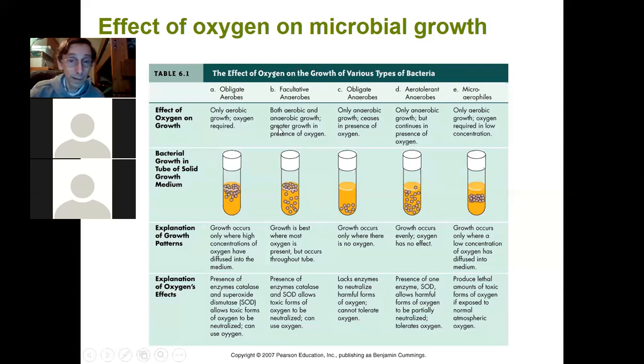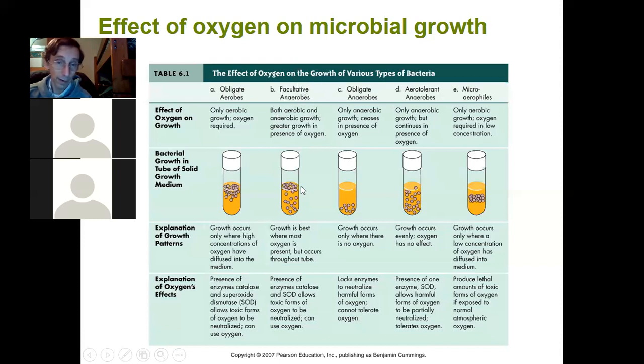The next one we're going to talk about are the facultative anaerobes. They can grow with oxygen, and then we'll use oxygen in aerobic respiration, but they don't require oxygen, and if oxygen isn't around, they fall back on some other method of making ATP that doesn't require oxygen, and that could be anaerobic respiration or fermentation. In these